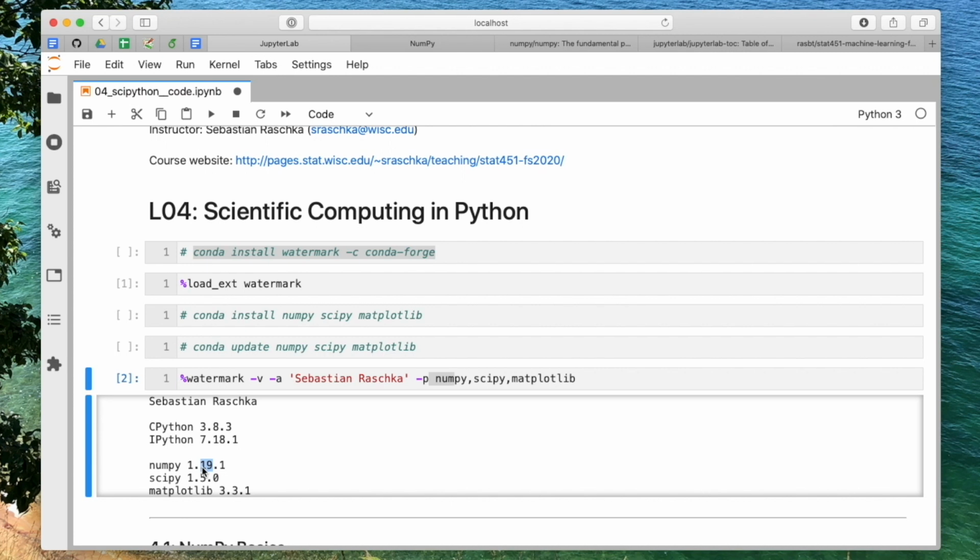This whole numbering scheme is also called semantic versioning. In any case, this would be NumPy version 1.19 to be precise, and the number after the second dot is just a patch version. So when people release numbers that are greater than 1 here, it usually means a patch. For example, this would be Python 3. Python 3 versus Python 2 is a big API difference. And then over the course of the development of Python 3, there were new versions developed. They added, for example, the f-strings I talked about and so forth. So this is for adding major features, but they don't change the API fundamentally.